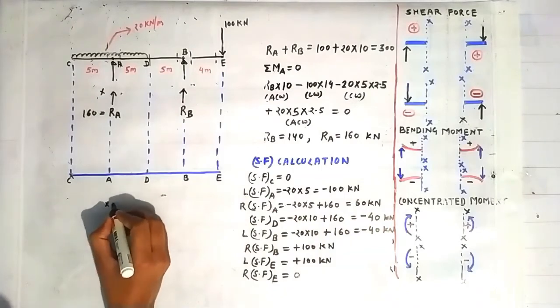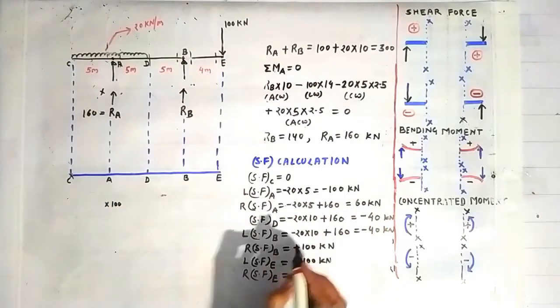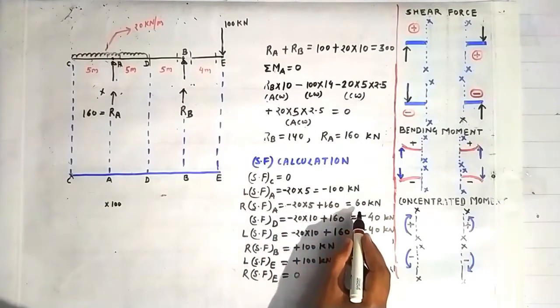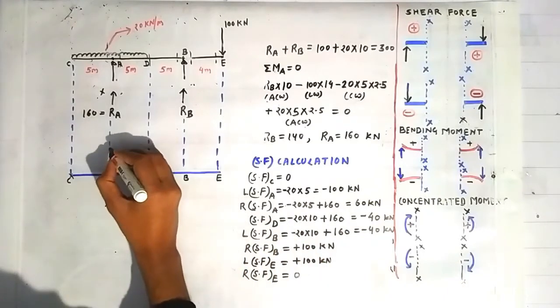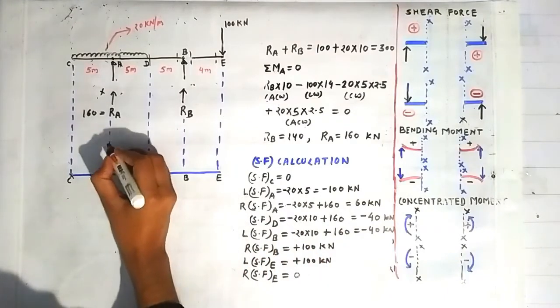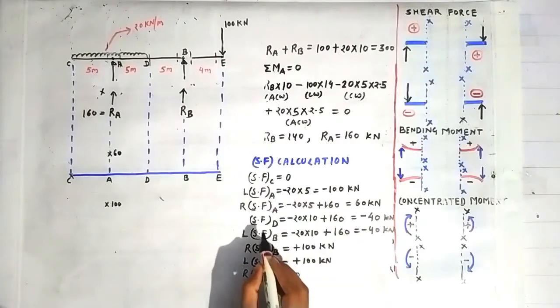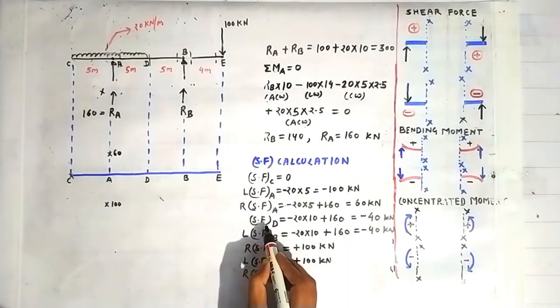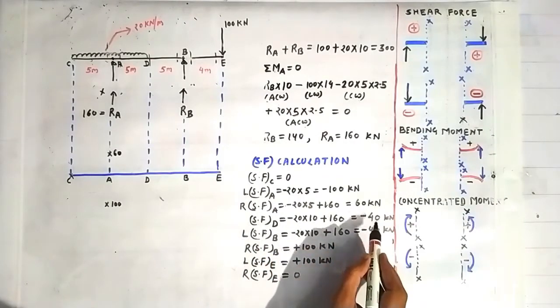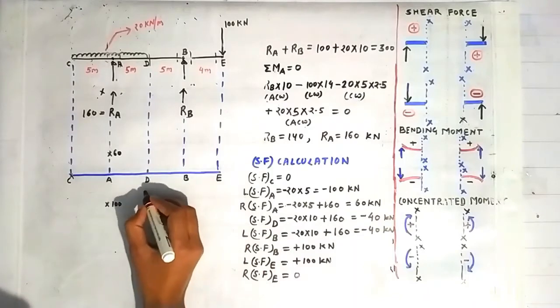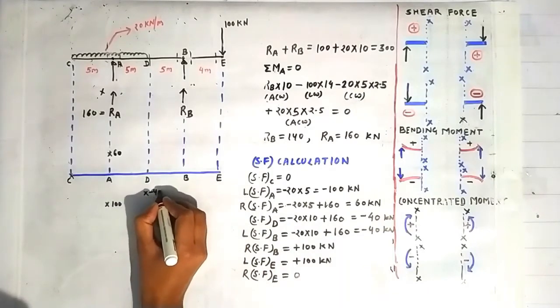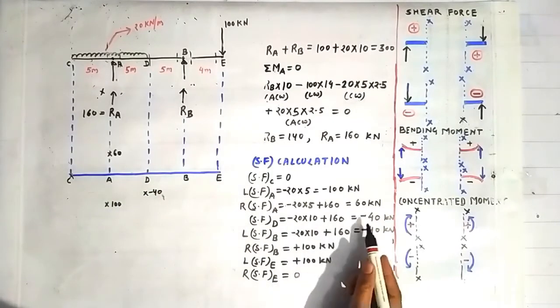So I will write here 100 kilonewton. Okay, and shear force on the right side of the point A is 60 kilonewton. So it is again going to 60 kilonewton, suppose lie here, 60 on the right side of the point A. And shear force at the point D is minus 40 kilonewton. So it is again going to minus, that is minus 40 kilonewton at the point D,